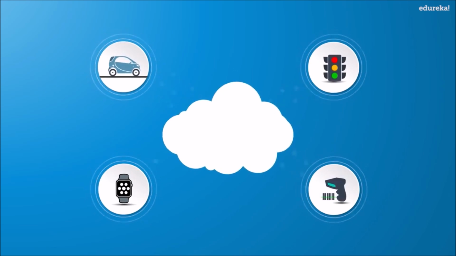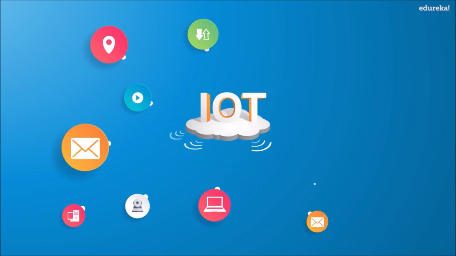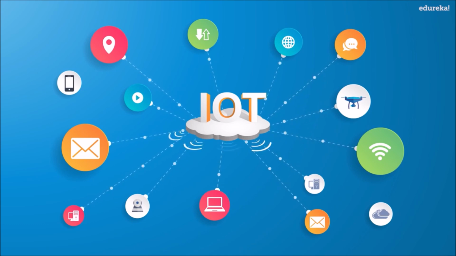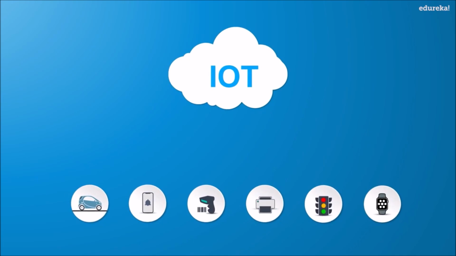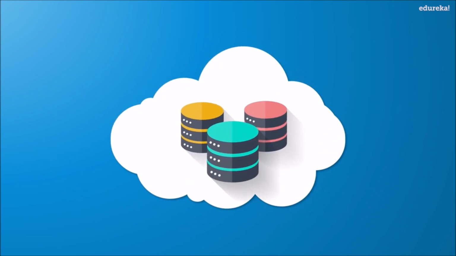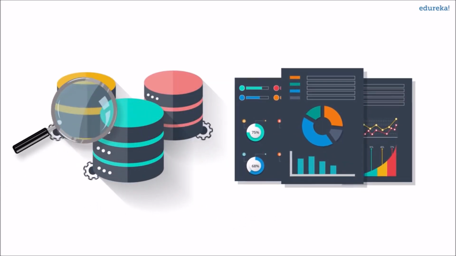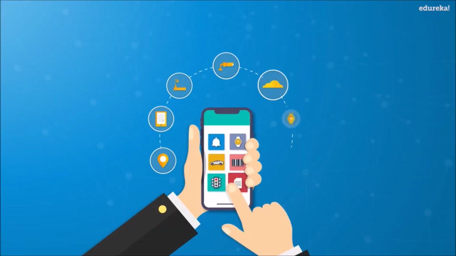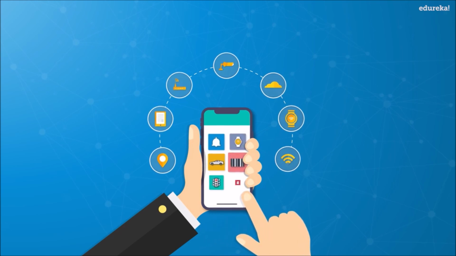But the important question is, how do they share this huge amount of data, and how do we put this data to our benefit? IoT provides a common platform for all these devices to dump their data and a common language for all the devices to communicate with each other. Data is emitted from various sensors and sent to IoT platforms securely. IoT platform integrates the collected data from various sources. Further analytics is performed on the data and valuable information is extracted as per requirement. Finally, the result is shared with other devices for better user experience, automation, and improving efficiencies.